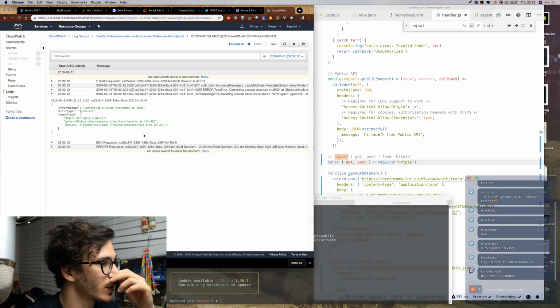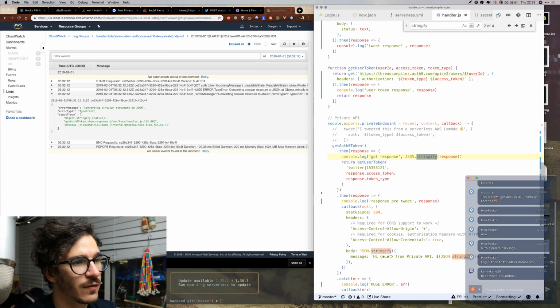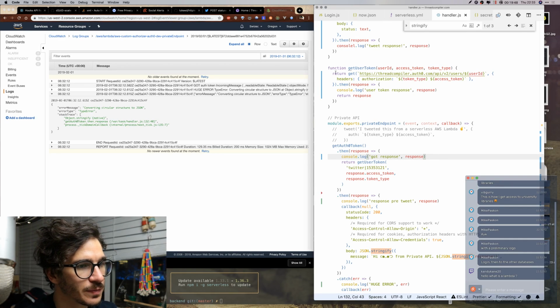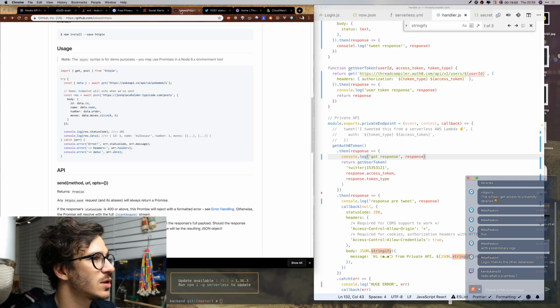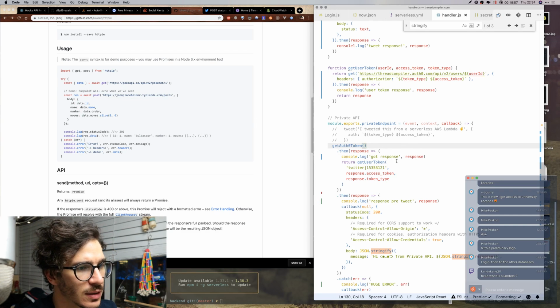So now I'm trying to figure out what's going wrong here. Do we have any stringifies called? We do. Let's just call response. So what does HTTPy return? Response status code. Response.data is what we care about.